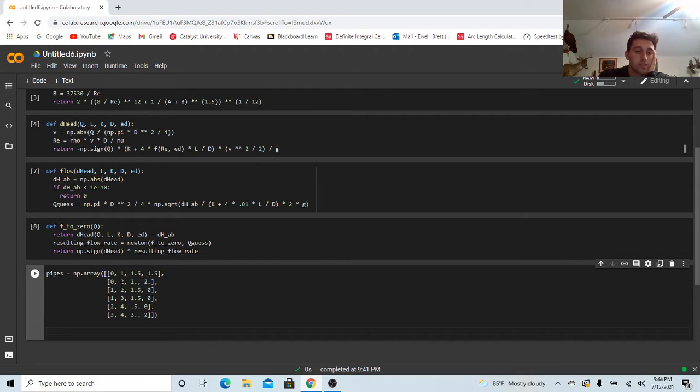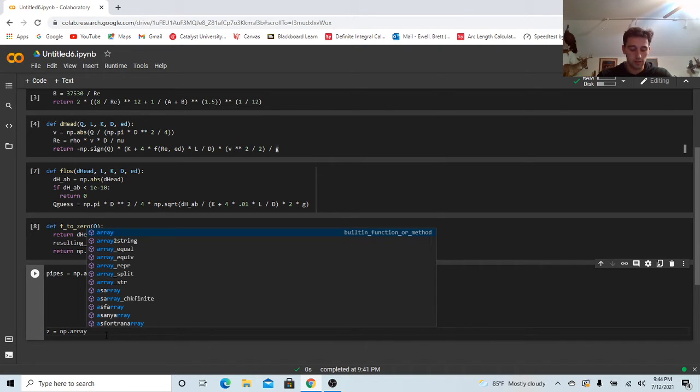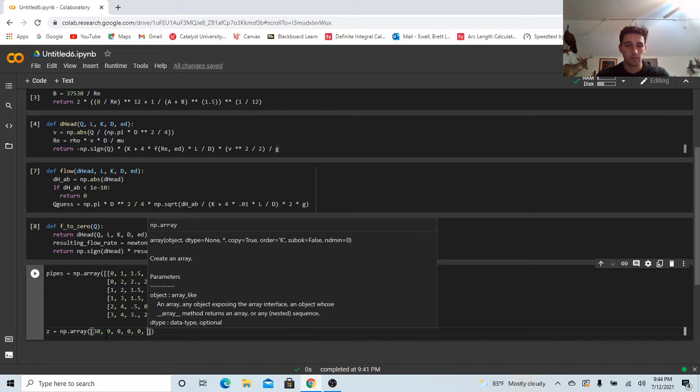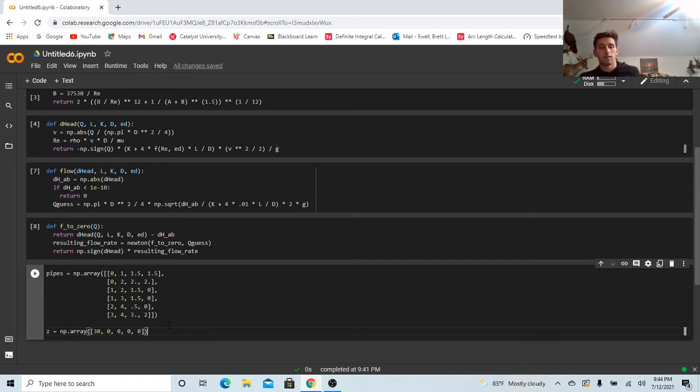You know, we have it from 0, 1, 0, 2, 1 to 2, 1 to 3, 2 to 4, 3 to 4. So now what comes next is we're going to have one more array, which we call Z. And have our np.array, the list, and we are going to have 30, and then 0, 0, 0, 0. Yes, because what this array represents is the altitudes. So we have Z as the altitude, and